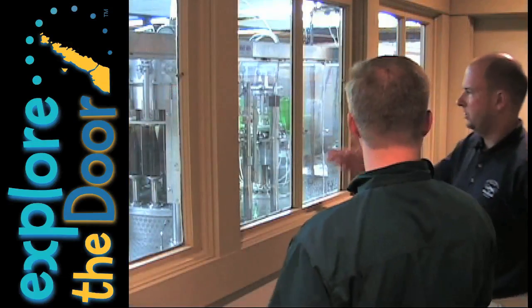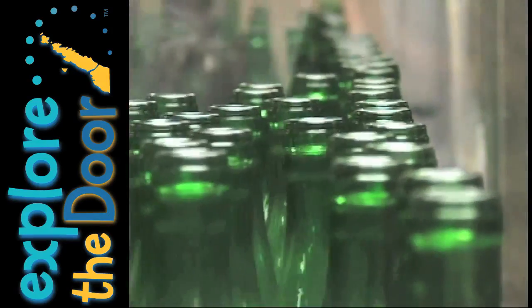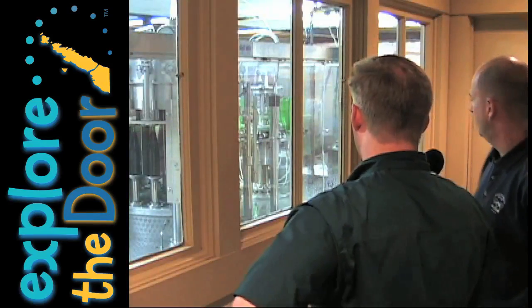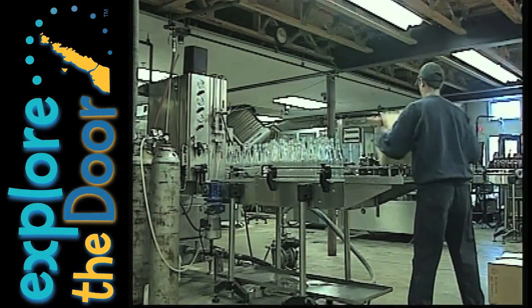Alright, John, this is our bottling area. This is our bottling machine. It's made in Italy. We can do up to 200 cases an hour with this machine, so it's pretty fast. We've got two guys that work on it. One puts glass on this right-hand side. And then in the back corner, I don't know if you can see it or not, but there's a guy